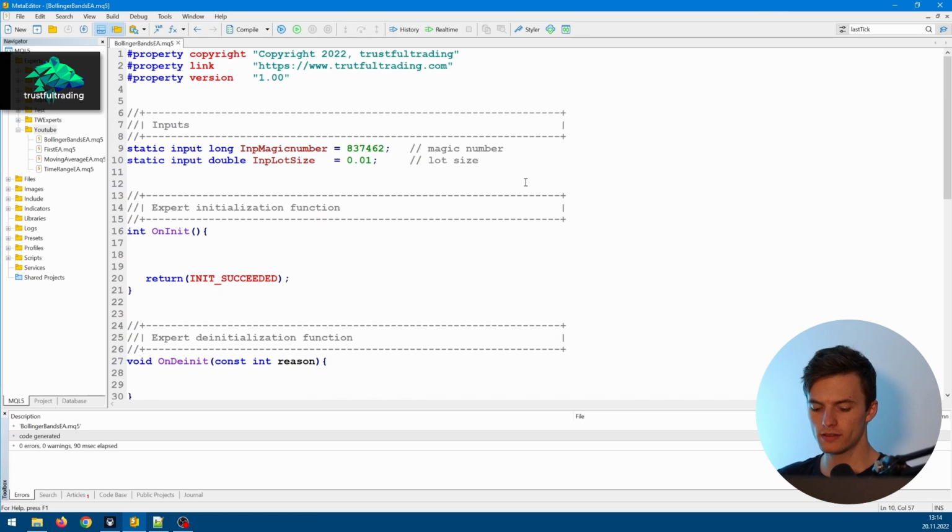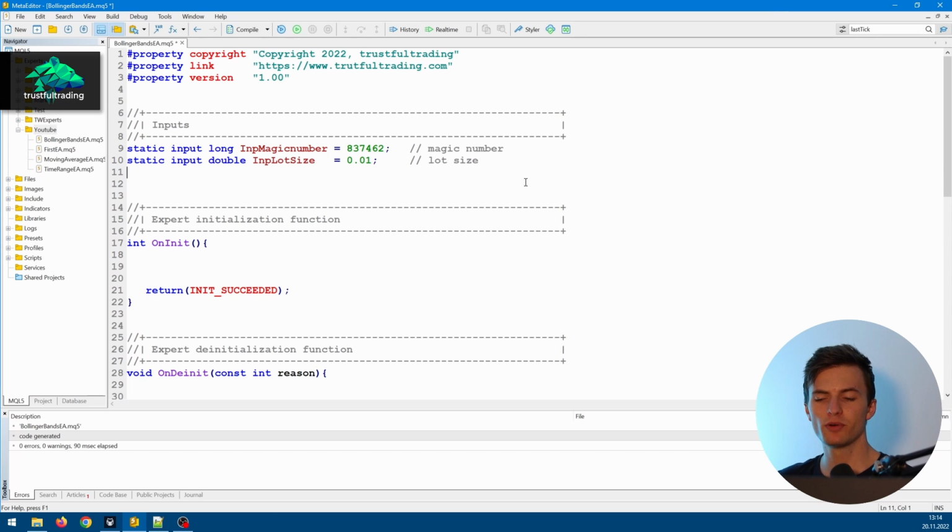Okay, now let's add an input for the period of the Bollinger Band indicator. So input integer type, input period. We predefine this maybe with 21, and here we write a comment,